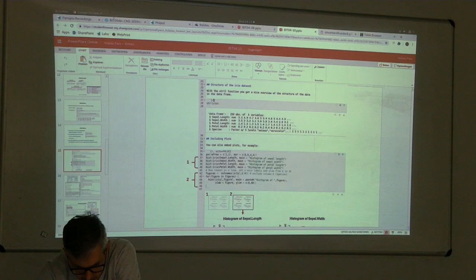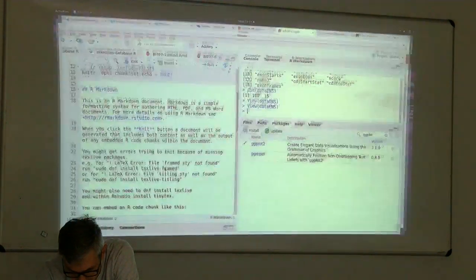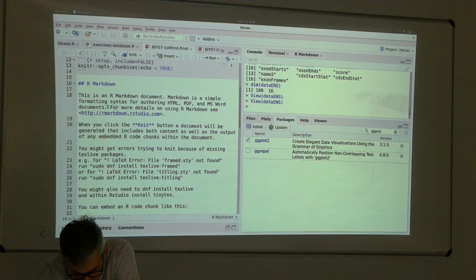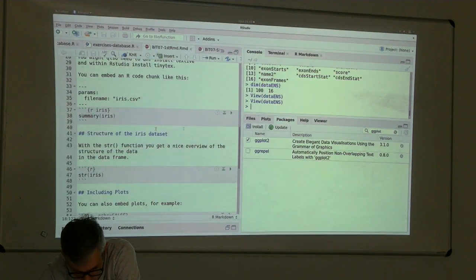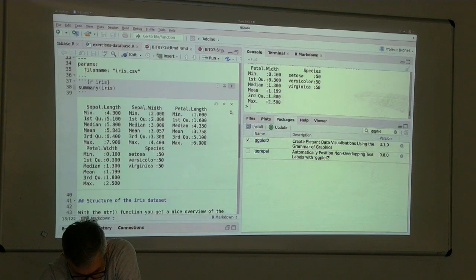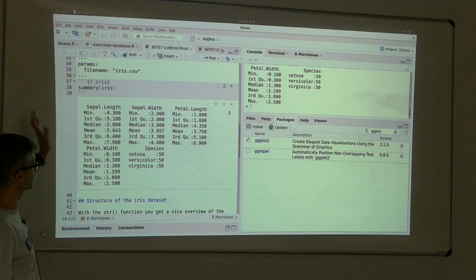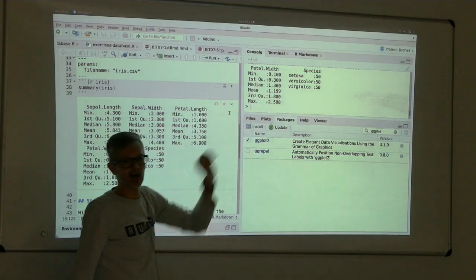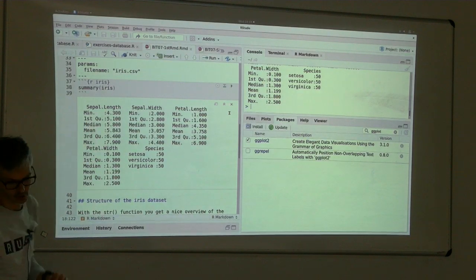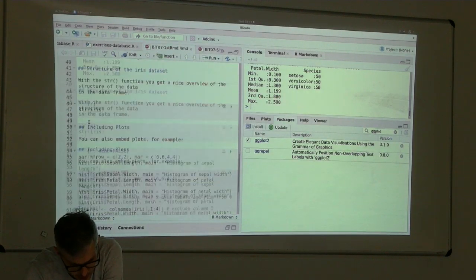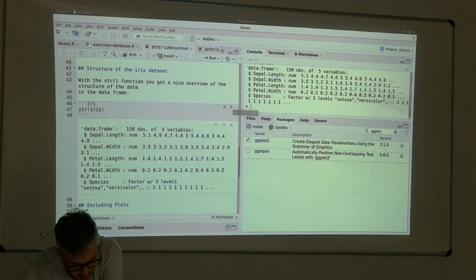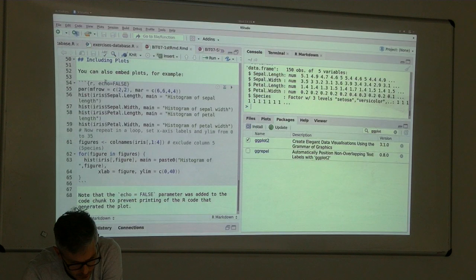And then what you could do is, while you're developing your code, you can also not run the entire document, knit it, but also run only a chunk of code. So I could just press play here, and then you see I will have my code and I have the output here. Which normally, if you would use a normal R script, you would get the output there. But here, now I can see it here. I could just go to the next part of code, the structure, I click on the play button, and I see the outputs. The plots here, so I'll have it twice, without or outside the loop, and then here in the loop construction, I click on the play button,